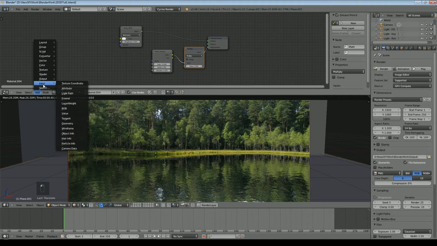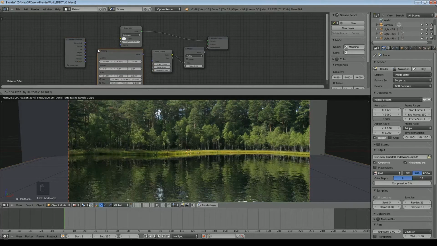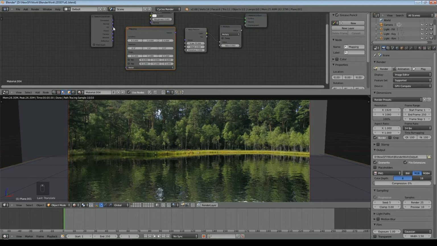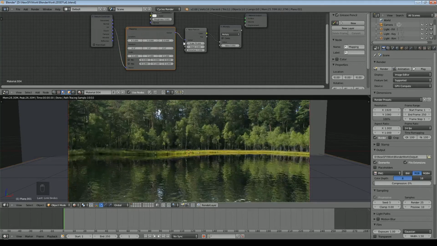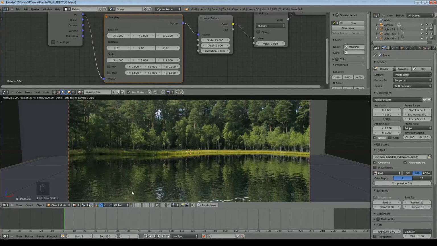So we'll add a texture coordinate. Remember, we've UV unwrapped this, so we're going to use the UV coordinates. And now we'll add a mapping node, and we'll put that there. We'll put the UV coordinates into the mapping node, and then the output of the mapping node into the vector input of our noise. So far nothing has changed, and that's because nothing's changed on here. If we look at location and I set X to 1, you may have been able to notice that everything moved slightly, and if I change Y to say 2, everything moved.